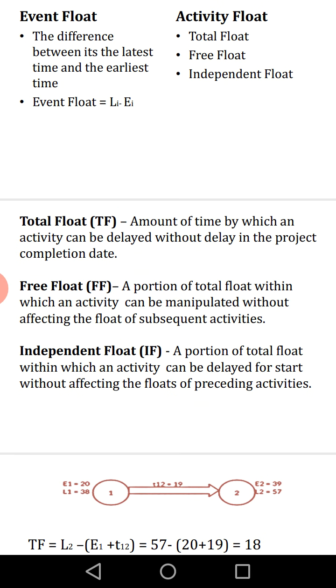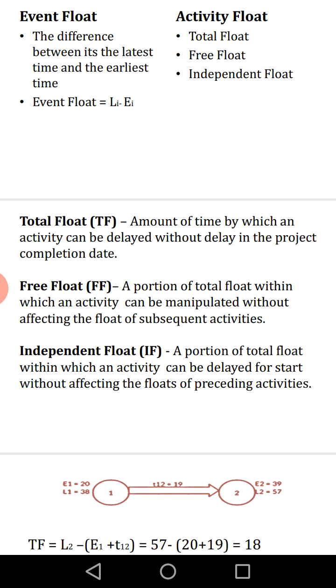The first one is total float. It is the amount of time by which an activity can be delayed, the entire span of time, such that the delay of the activity will not delay the project completion time. So there is no problem in delaying it.